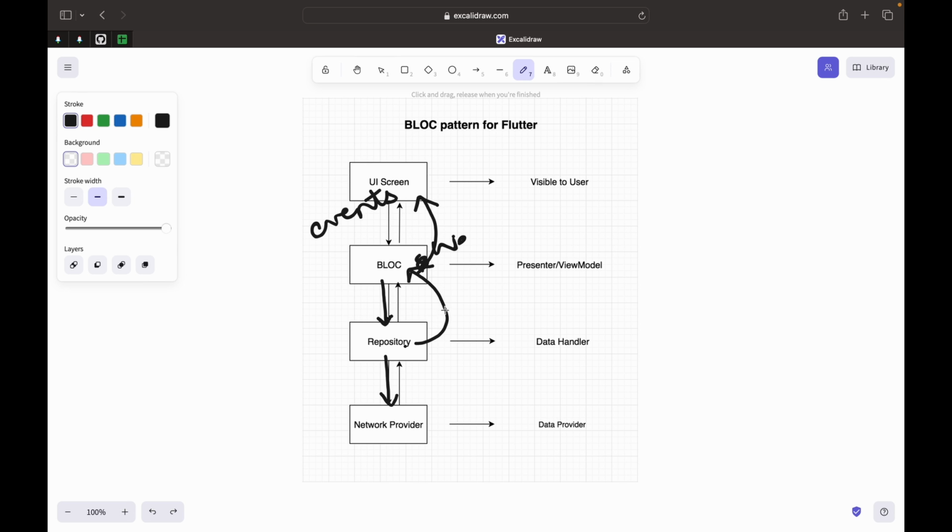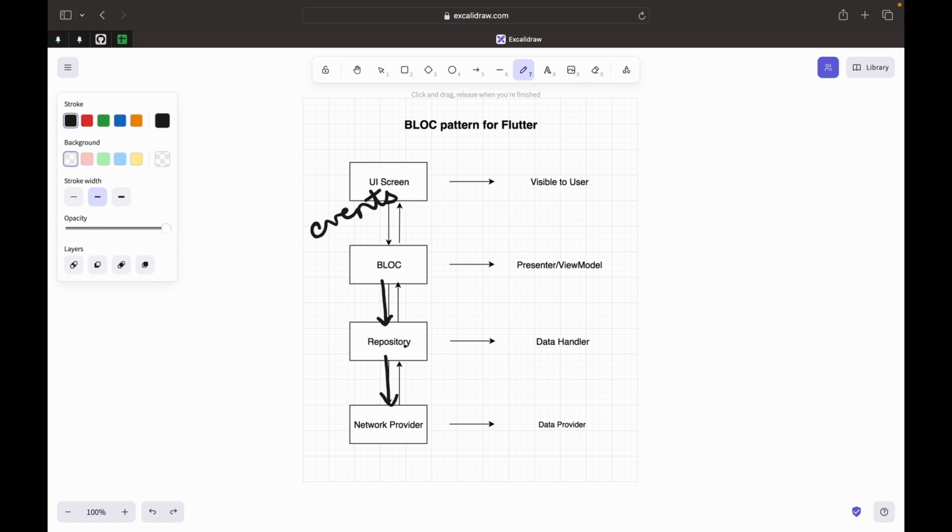Now in between, there can be errors that occur and BLoC handles that. If there's an error, BLoC will correctly notify it in the UI screen, and if there's no error, then it will display it on the UI screen really well. So that's how the whole flow goes. I'll get back to this diagram after we complete the app, but I hope you get a very basic understanding